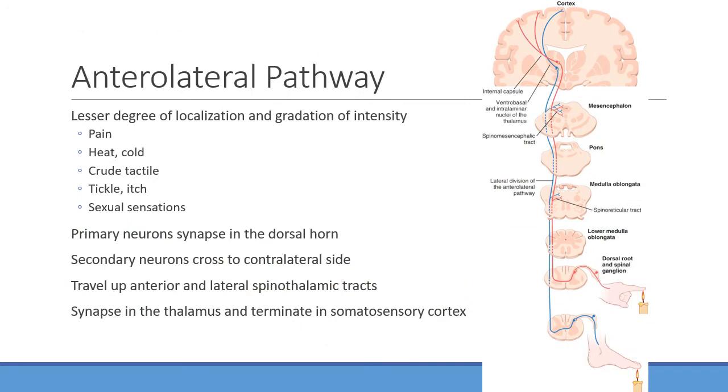Okay, the opposite of the medial lemniscal pathway is going to be this anterolateral pathway. Again, these are better for crude sensations of touch, and also good for heat, cold, and pain. So if you were to have a pain signal that occurs here, notice it's going to synapse very close to where the signal comes in. As soon as it enters the spinal cord, it's going to synapse here and then cross over, and eventually end up in the thalamus and then the somatosensory cortex. So this is a slower pathway. It's not going to be as quick as the lemniscal pathway, but is still good for these more crude sensations, especially temperature and pain.